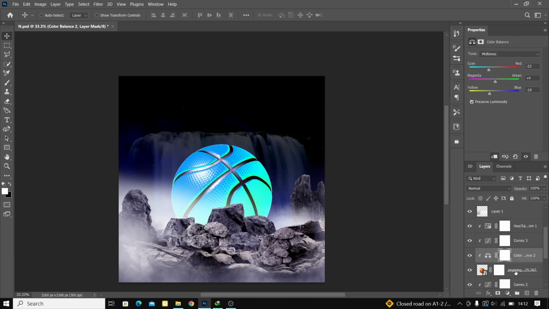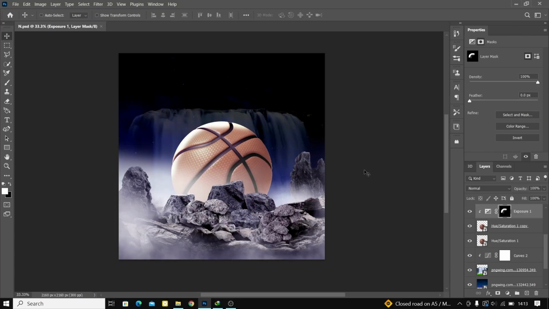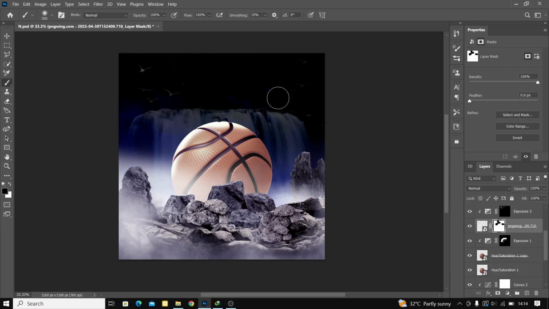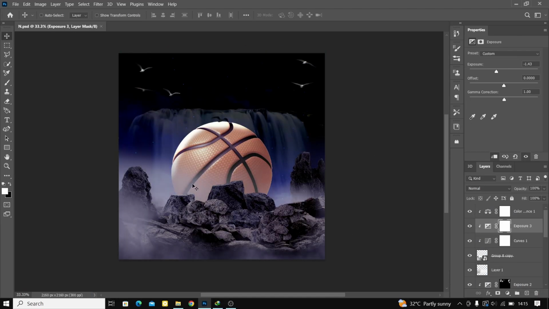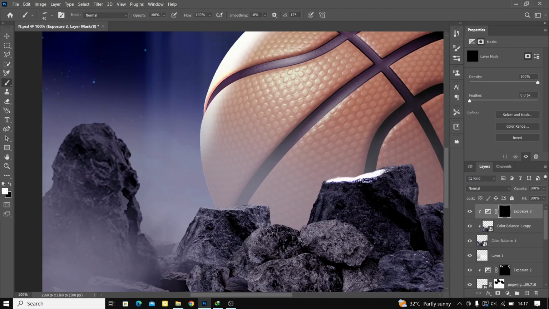distance. Then I added our ball, which I masked in. Then I was trying to find a perfect color for it. Then I added a little highlights. Then I brought in our birds, then just put them there. Then I was trying to